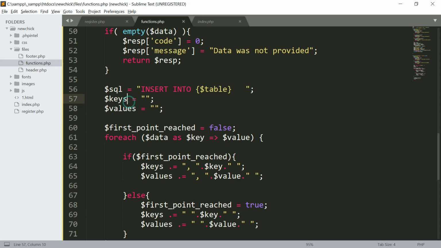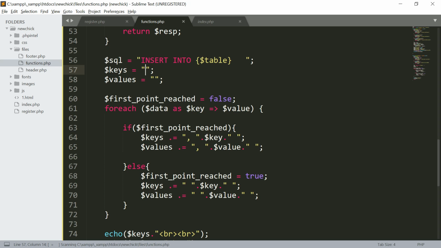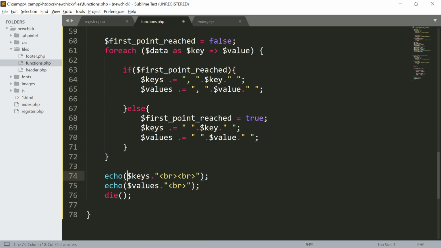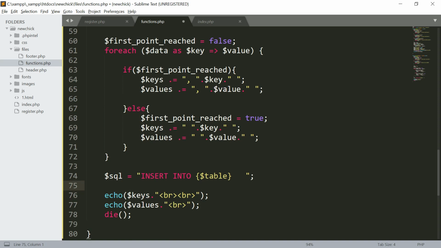So I can just simply put here, for example, a bracket before I start looping, and a bracket here before I start looping. I can put space just to be in a safe area. Or you can even just not put the brackets. So let us write the real SQL. We can even write this SQL here later. Of course, our SQL is just simply going to be insert into the table, the way it is there, and then we put the keys,